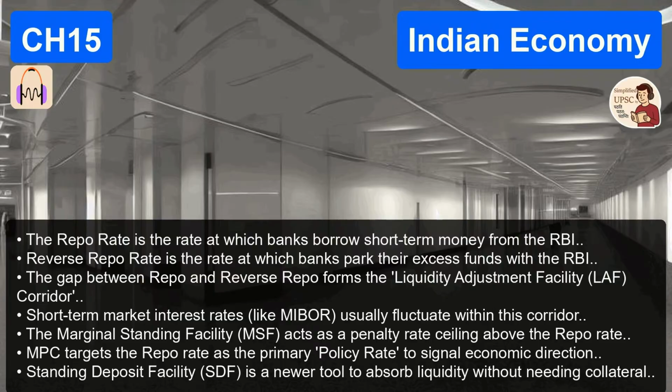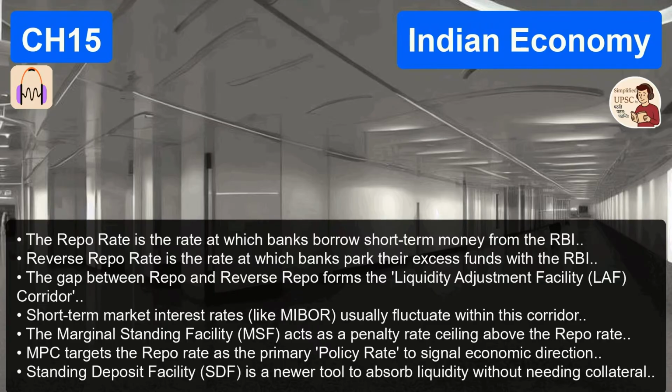Does the RBI pay interest on this parked cash? No, that is the kicker. It pays zero interest. It's completely dead money for the bank. So how does it control inflation? If the RBI sees inflation rising, they raise the CRR from, say, 4% to 5%. Suddenly, huge amounts of cash are sucked out of the banking system and locked up in the RBI vaults. Banks have less money to lend. Exactly. Since banks have less to lend, they charge higher interest rates. Loans get expensive, people borrow less, spend less, and inflation cools down. It's a giant vacuum cleaner for liquidity.